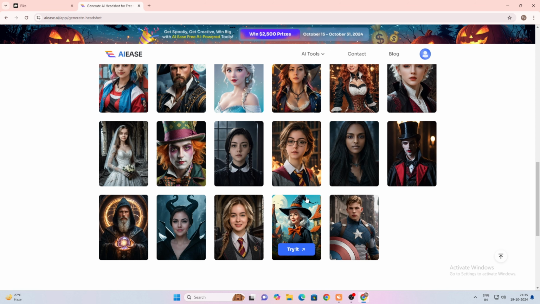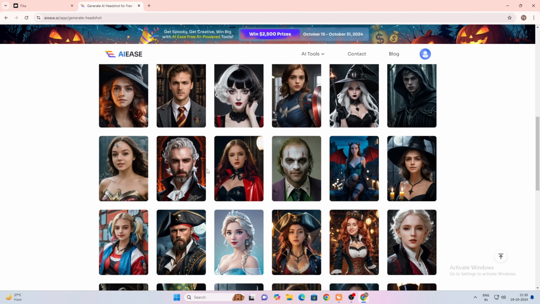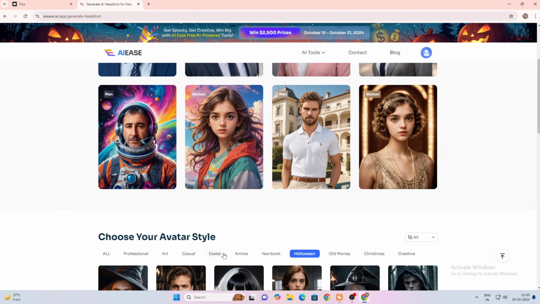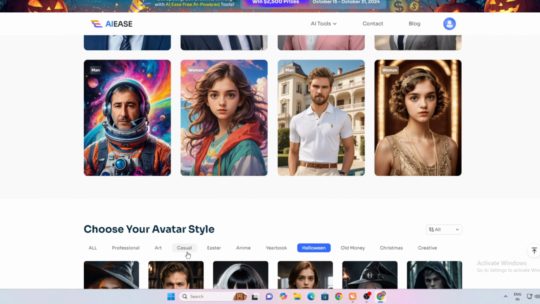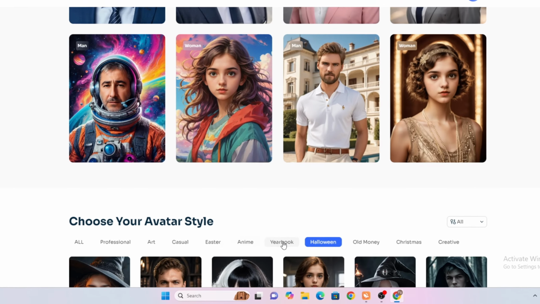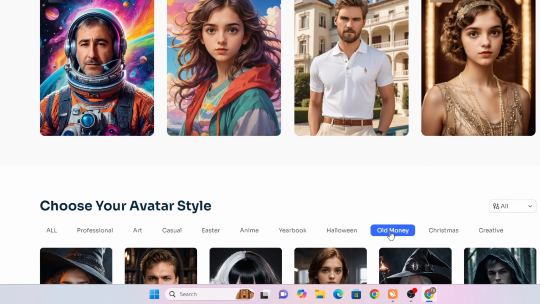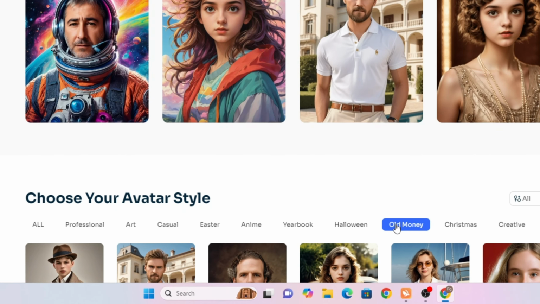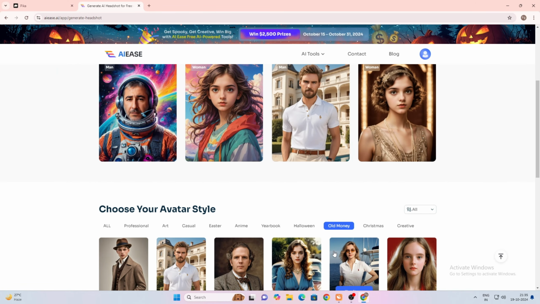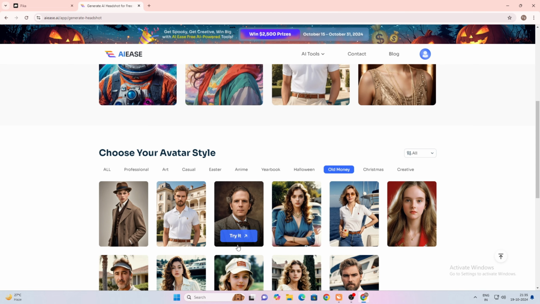Now, let's see how to use it. First, you'll find different portrait styles for both male and female categories. The one that impressed me the most is the Halloween style, where you can get results that look like hard photo manipulation. Then, there's the old money style, and I found one or two styles from this category to be really great. Okay, so the first thing I'm going to try is the old money style, which is trending right